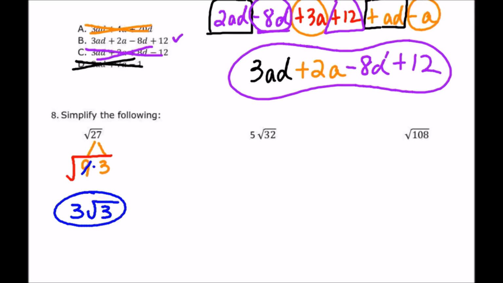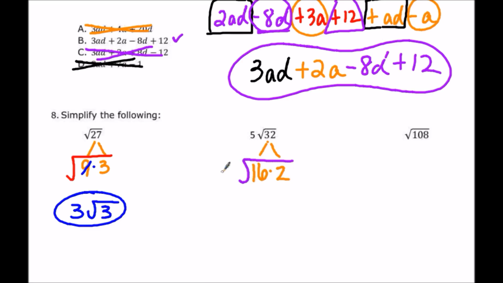Now, we got 2 more problems left. Let's see how this works out. Now I've got a coefficient out front, or a factor of 5. So I know it's going to be 5 times something, all right? Actually, I'll put the 5 there in a moment. Let's just split the 32 first. Now 32 divided by 2 happens to be 16, and I'm going to stop right there because 16 is a